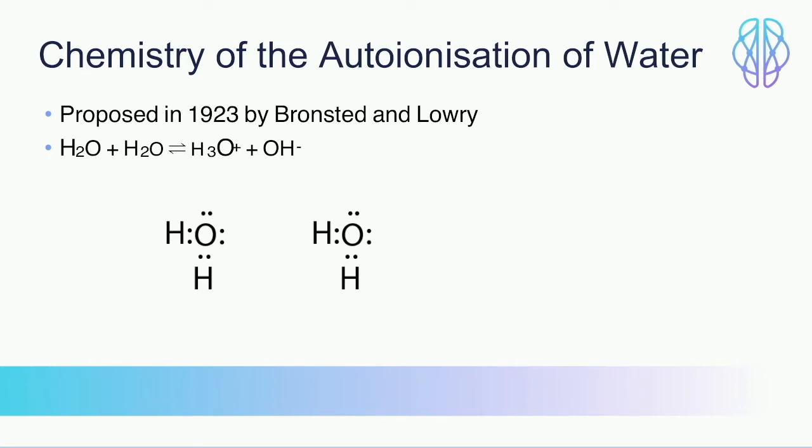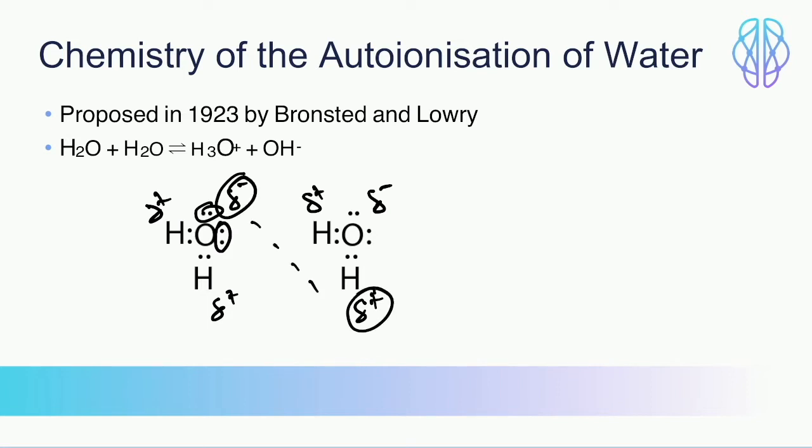So these are two water molecules that I have made earlier. We have two electron pairs on this oxygen. This would give oxygen a slight negative charge and the hydrogens a slight positive charge. We have a neighboring water molecule, same here. The negative charge on this oxygen would start to attract the positive charge on this hydrogen. In turn, this would create this structure,